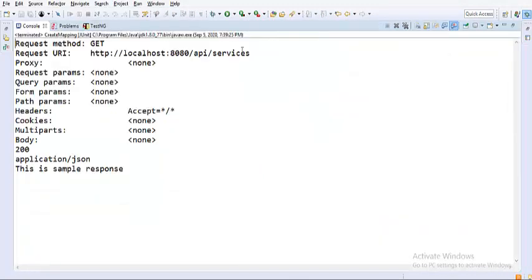Let me invoke the console. You see now I was able to verify the content type is application/JSON. I have printed, and also I have printed the body message. Yeah, so this is the basic operation, guys.